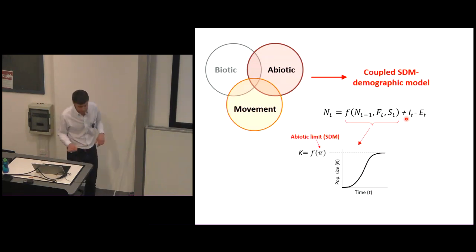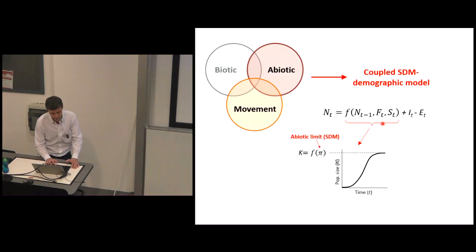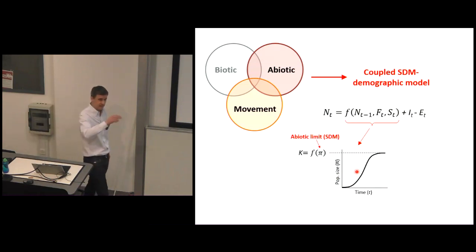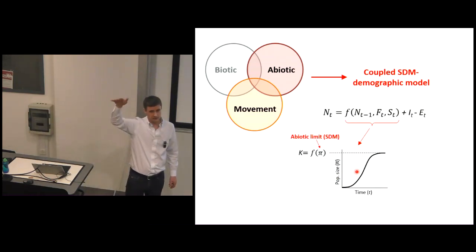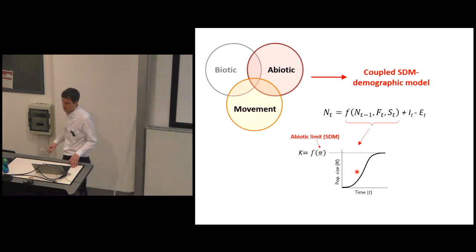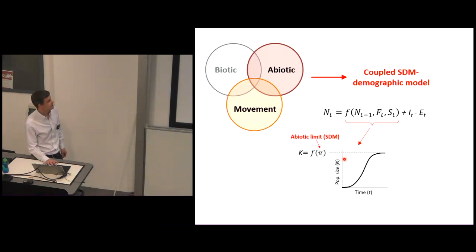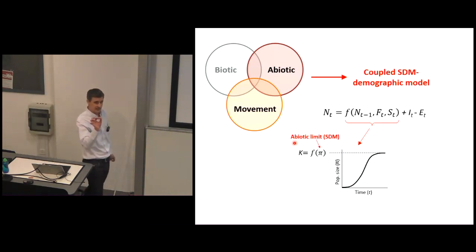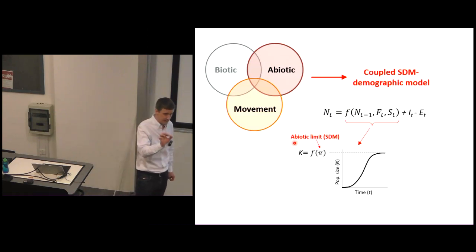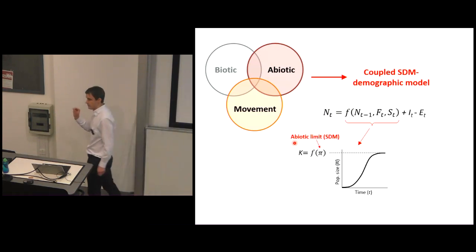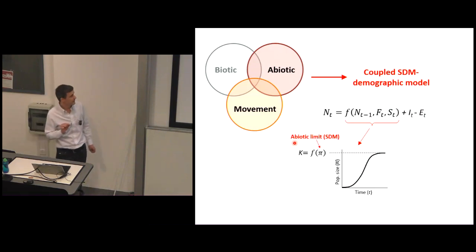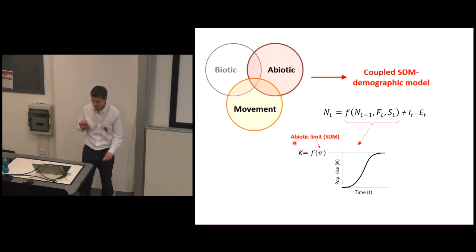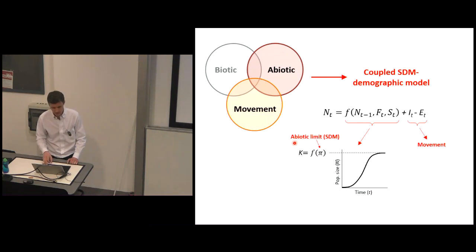So the first part of this is essentially just a classic demographic model. We model population size against time, where the fecundity and survival are density dependent, so you trend up with logistic growth towards some sort of carrying capacity. And then a key thing that we do here is define the carrying capacity as dependent on the abiotic limits. So this is where we use our distribution models that are defined by the abiotic environment to tell us something about the carrying capacity in a particular cell. And the other part of this is movement.